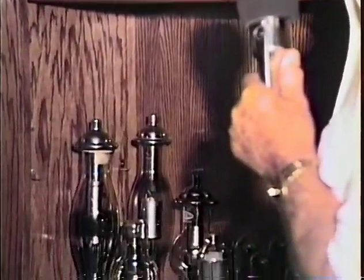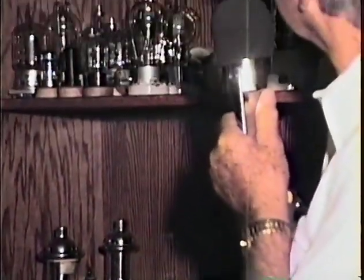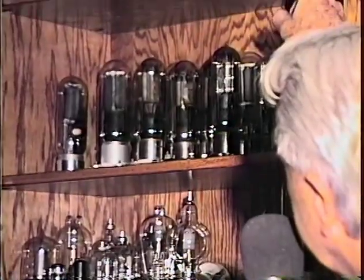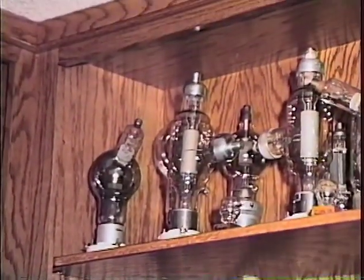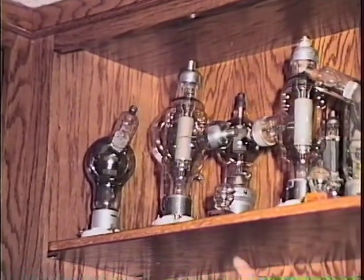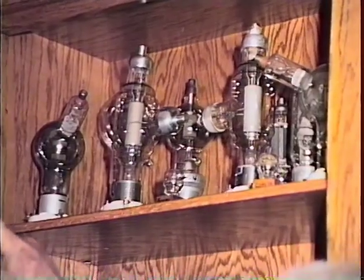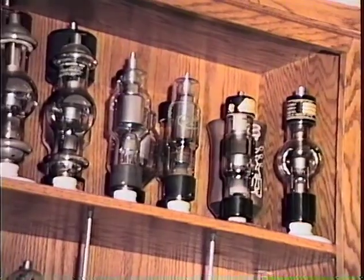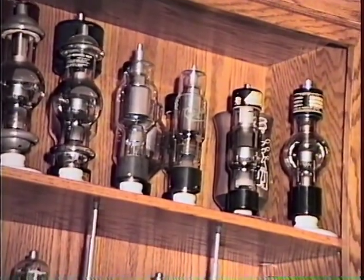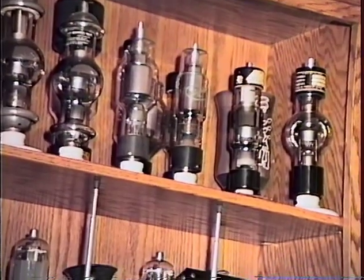Some X-ray rectifier tubes here, and up topside on each end of this cabinet is a couple of National Union radio rectifiers. In the center is an A and a B Federal Electric 100. And on the top side over here, if you can get up this, John, is some X-ray rectifier tubes up there, and an old Radiola